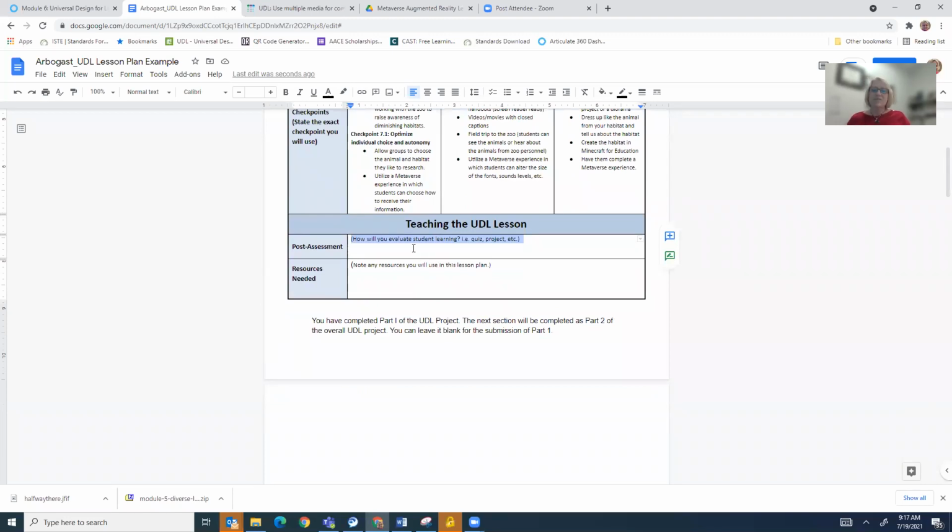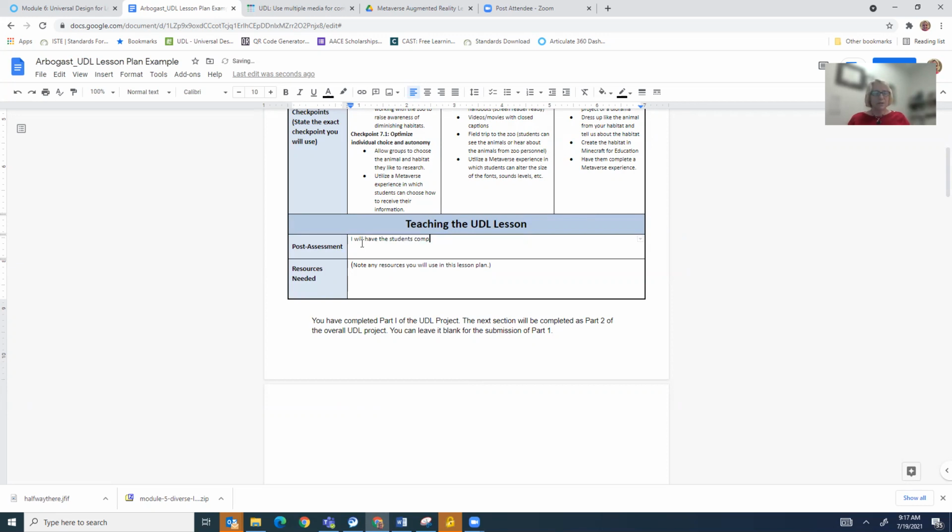So this doesn't have to be anything that's up here. It could be a quiz. It could be one of the projects that you're doing. And that again would be something that you would ensure that you've met all the learning objectives in order to have that post-assessment. So for our post-assessment, I think I'm going to